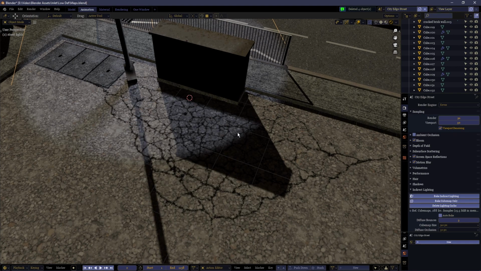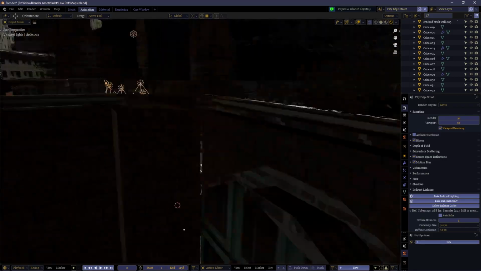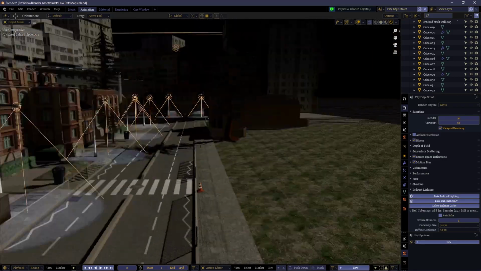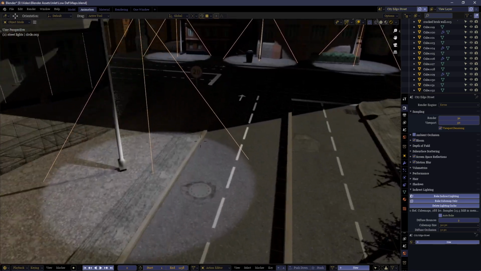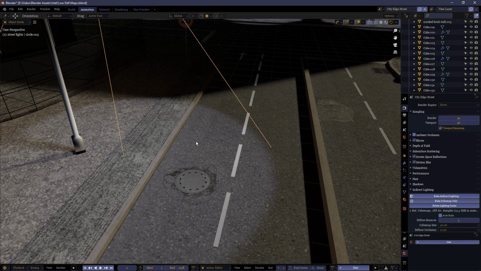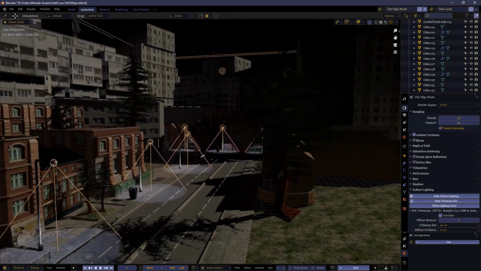That's because the calculation has decided that this area is this specific brightness, and anything else that goes in there is also going to have that same brightness. But that's just the limitation of how the indirect lighting bake works.